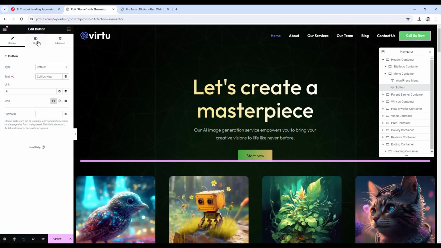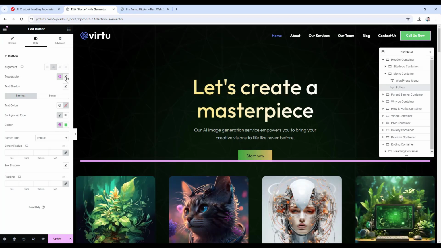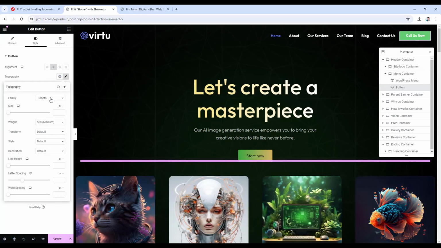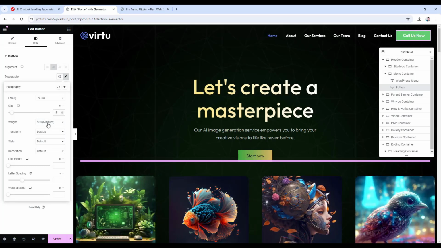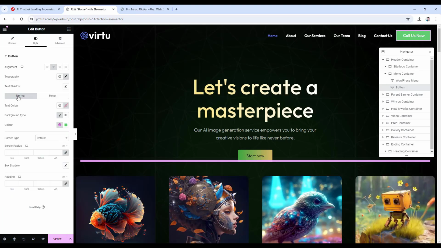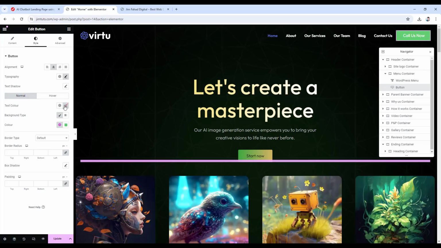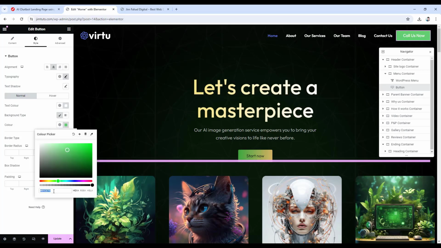Then go to the style tab, set the alignment to center, go to typography, change the font to outfit, size to 18 pixels, weight to 400, then go outside and from under normal tab, change the text color to white, then change the background type color from here and give it a custom code of